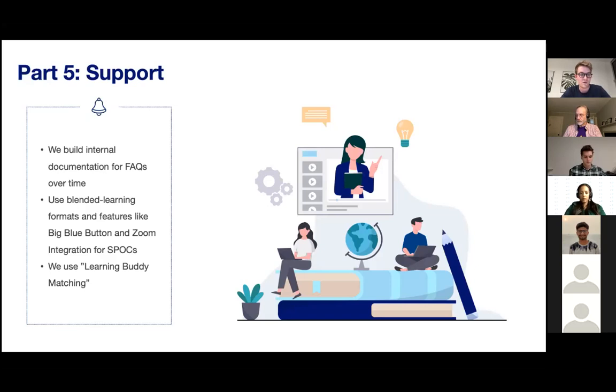And I really like it, which is why we started another test or experiment, which we called learning buddy matching. Learning buddies are people that we send out a questionnaire to every user, and we ask them how much time are they investing into a course, in which time zone do they live, and when do they study, when do they learn.